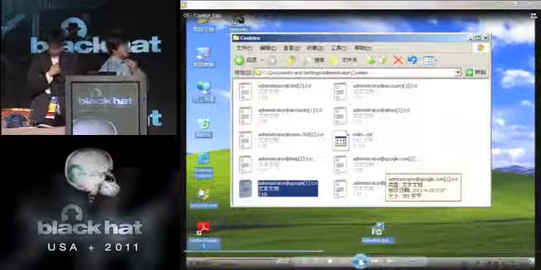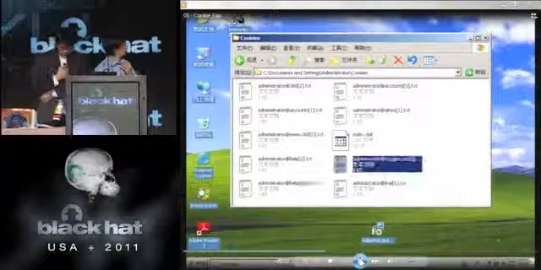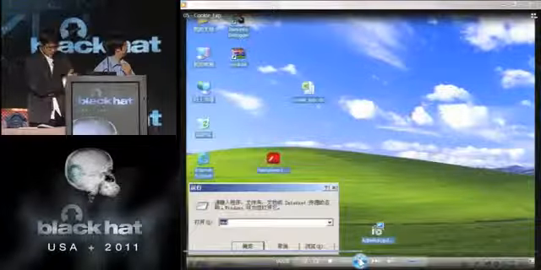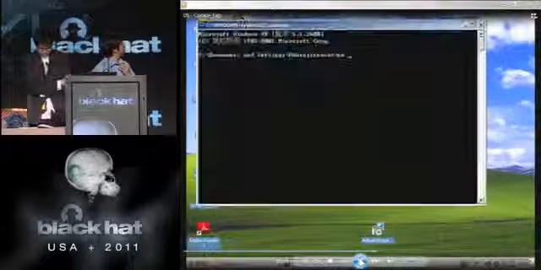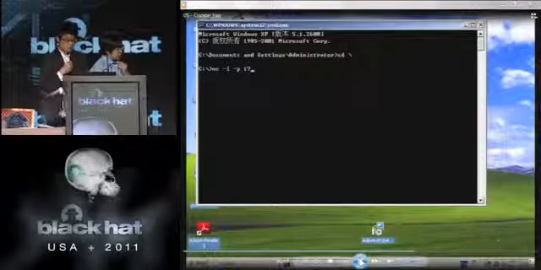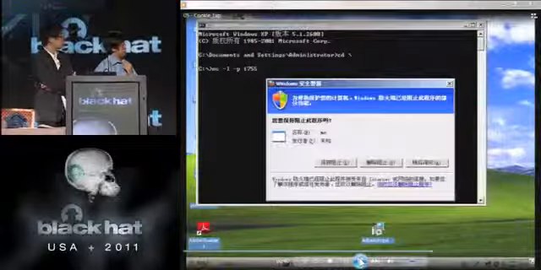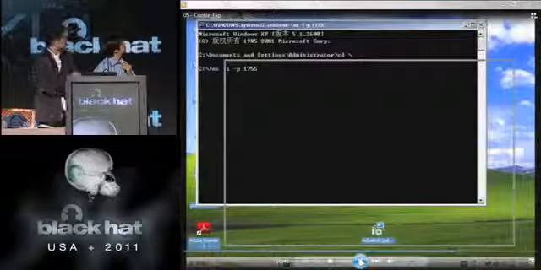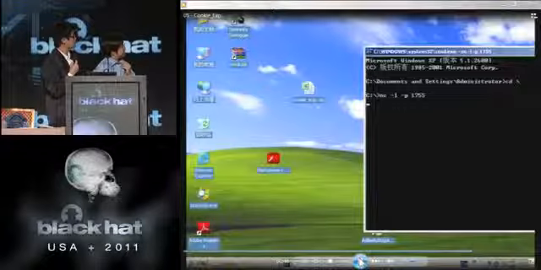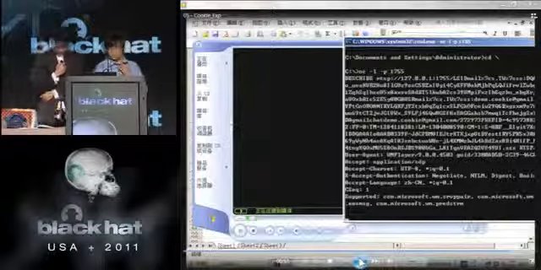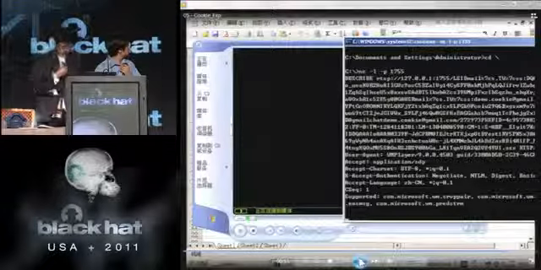Now you can see the cookie is saved on the disk. Then we start a server to listen for MMS connections on port 1755. This server is going to listen for the connection from the client, the victim, and 1755 is the port for MMS.